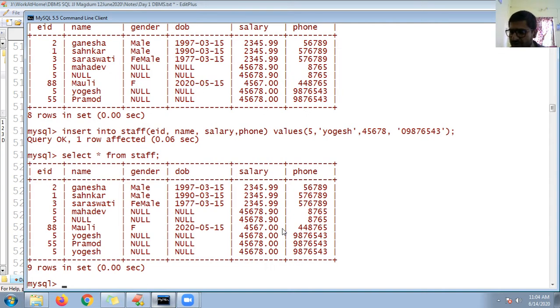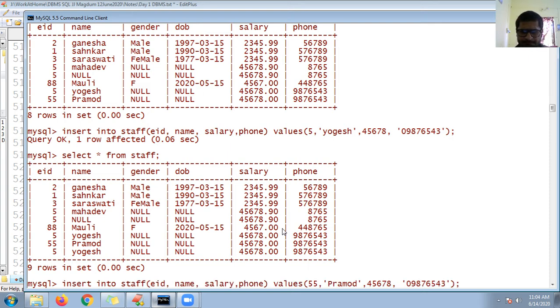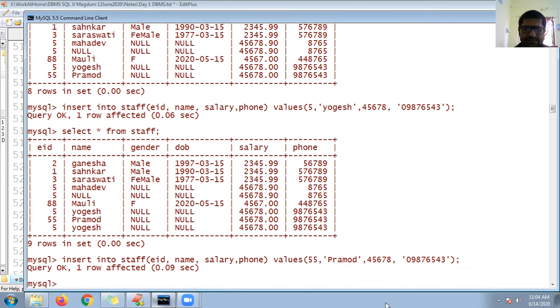How can I solve this problem? Even if I try using single quote, or without single quote. How many digits? 11 digits, right?